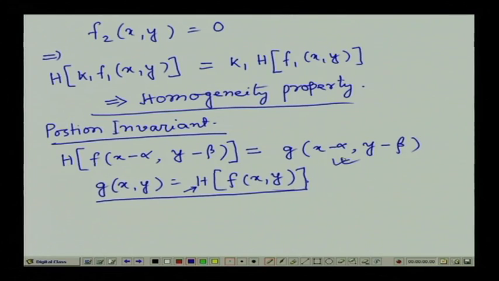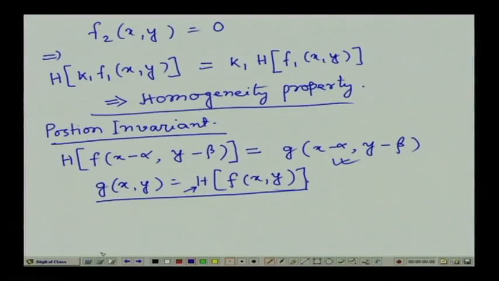Now, given these definitions, let us see what will be the degradation model in case of continuous functions. To look at the degradation model in case of continuous functions, we make use of an old mathematical expression, where we have seen